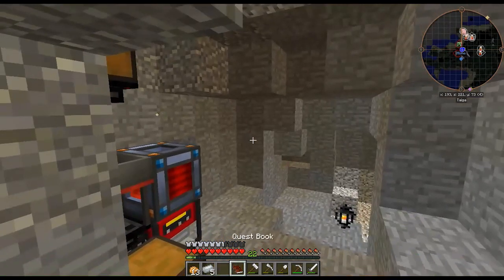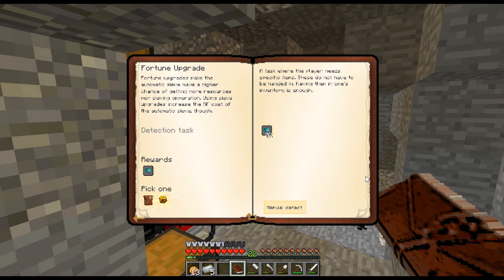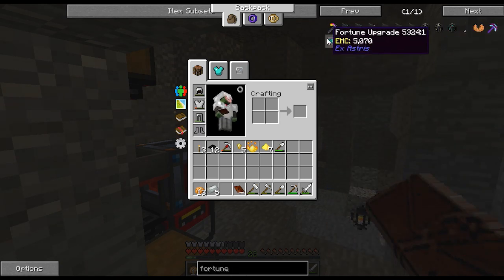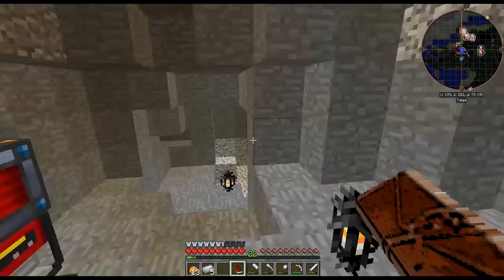And now, we can, as the fortune upgrade description says, make the automatic sieve have a higher chance of getting more resources per sieving operation. Using sieve upgrades increases the RF cost of the automatic sieve though. So same disclaimer as before. The fortune upgrade we only need 1 of. And it only gives us 1 more, so instead of 2 it gives us 1. The fortune upgrade is a little bit more expensive. Well, actually, it doesn't require the blazing pyrotheum, it's just the diamond,